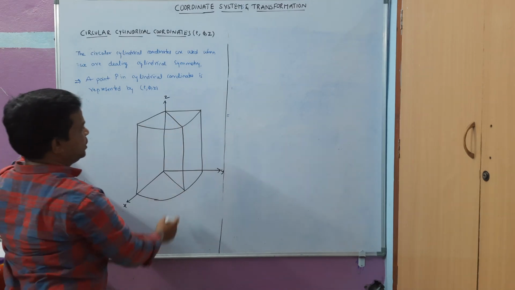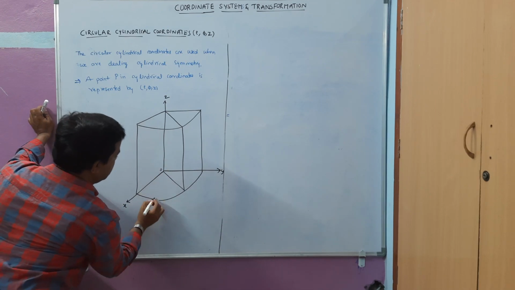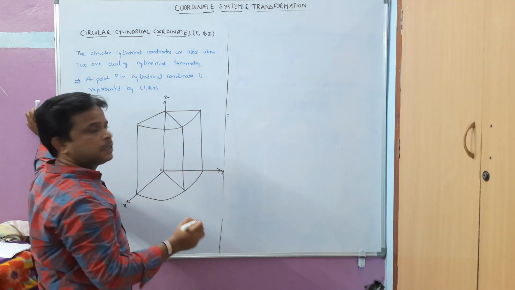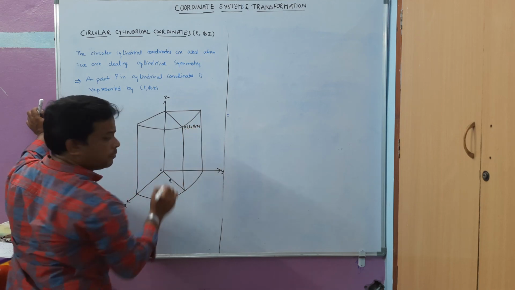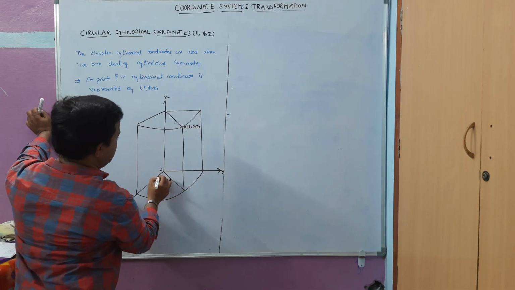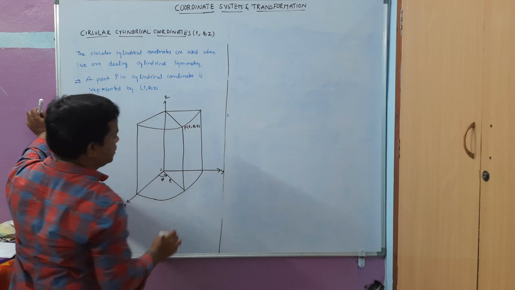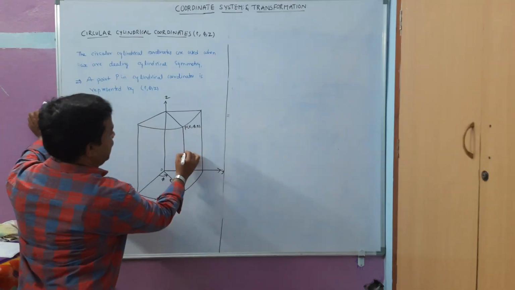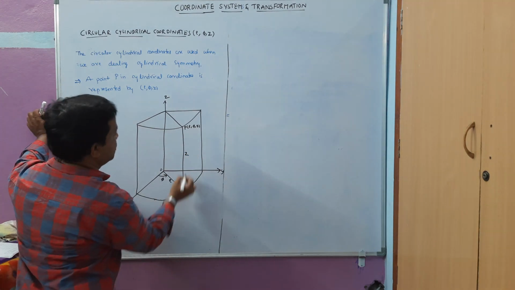So it should be a straight line. Okay. Now this is an origin. Okay, and I am going to take that point on the top of this cylinder like this, P of rho comma phi comma z, and this is the rho, radius of the cylinder, and this is the phi as taken from the x axis, and this is called the azimuthal angle, and this is the z. Okay, that is same as that of the Cartesian coordinate system, starting from this to this.